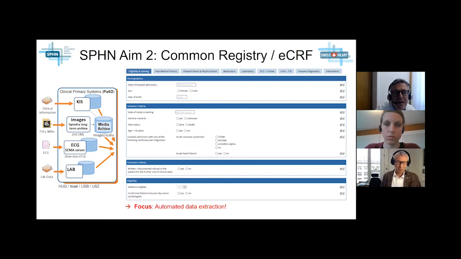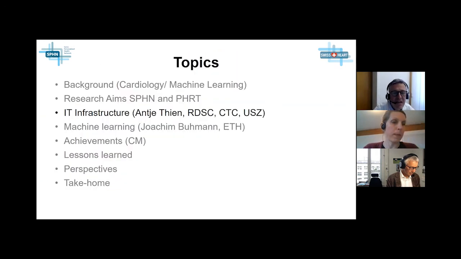We already have compiled a common registry, an electronic case report form, as you can appreciate here. The primary data that I showed you before will be inserted in these ECRFs, where we have evidently a look at eligibility, demographics, past medical history, present illness, etc. The key focus is, for that purpose, to have automated data extraction. That is the key. And with that, I hand over to Antje Thien,